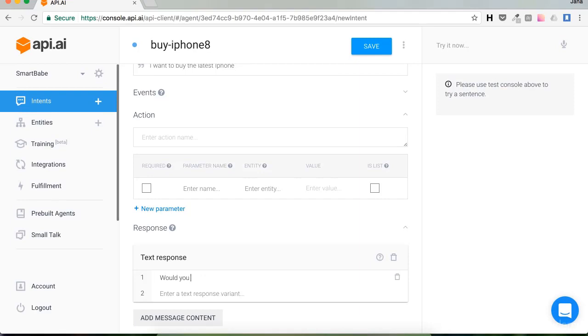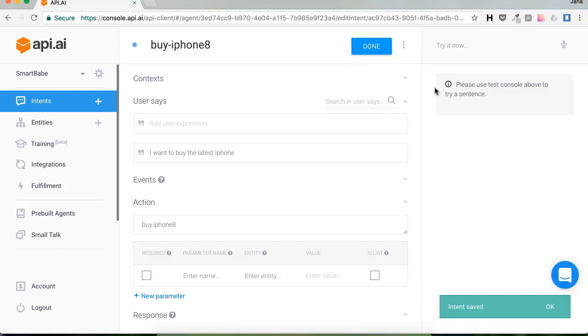Would you like extended warranty for just $1? Available only this week too. Okay, like this. Now add action buy dot iPhone 8. Now save the intent